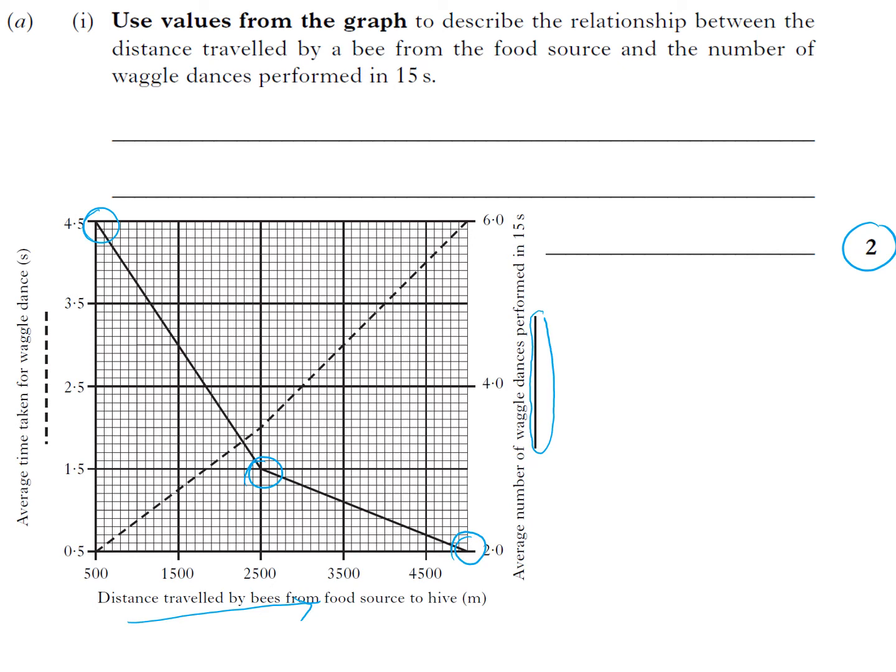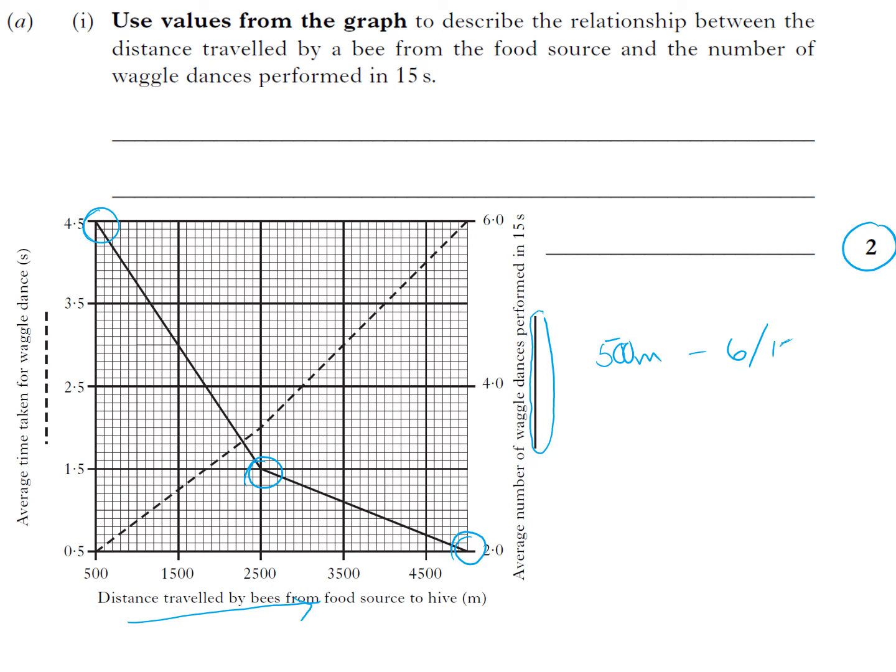So if this had been to the primary axis and it was the dotted line, I don't even think you would get 2 marks. You'd maybe get 1. Because actually there's barely a kink in it, so that's pretty much going to be just a straight line up. So you're going to have to put points in. So you're going to have your 500 meters traveled, and your point here is 6